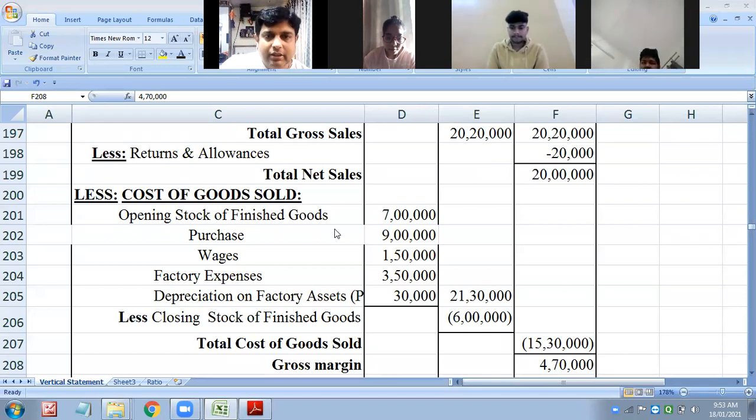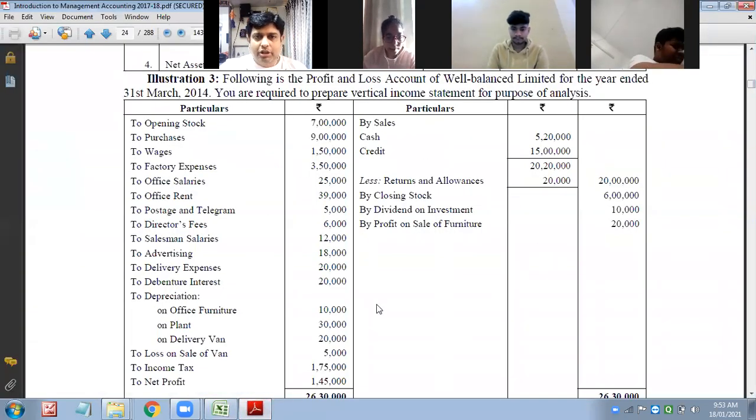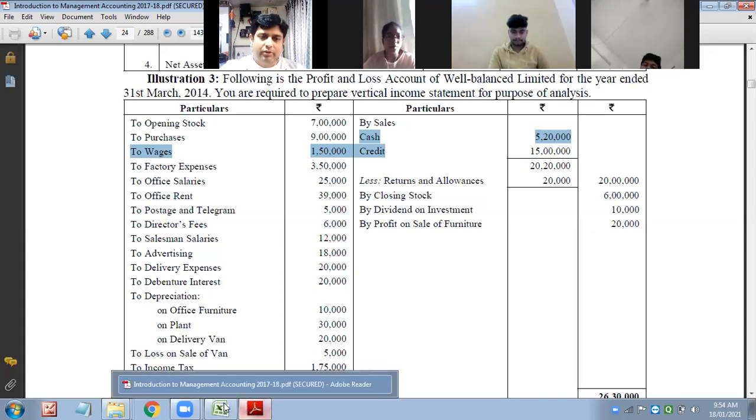Okay. The next, of course, after this, we will try to find out operating income. But unfortunately, in our question, there is not a single operating income. These both are non-operating income, and other income we have already taken as sales. So other items of operating income are not reflected over here. So then directly we'll go for operating expenses, and thereby we will take all office related expenses first, sales related expenses thereafter, and financial expenses after that. Okay. So we'll go one by one.